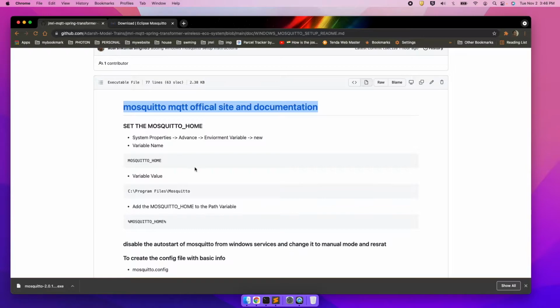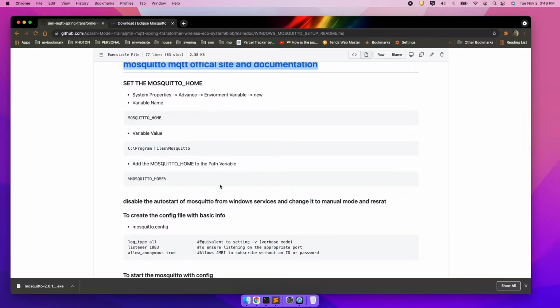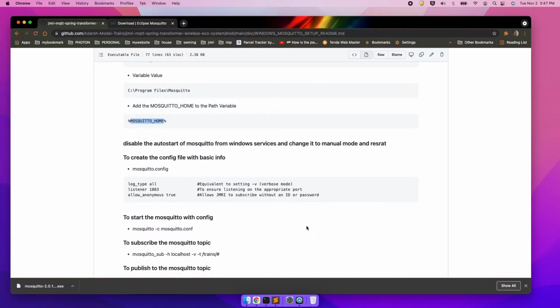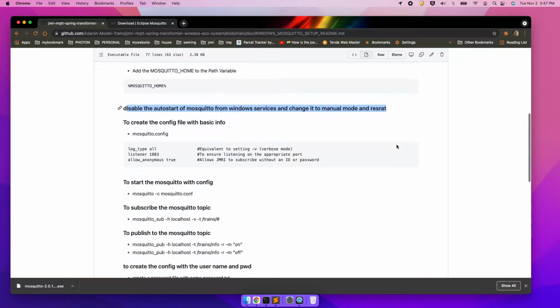And if I go here, what we have to do is the installation. It will install into C program files slash mosquitto, that's the directory. So we have to create a mosquitto home as an environment variable and then set it into the path variable so that it can be accessible anywhere in all the drives. And then we have to disable the mosquitto service by going into Windows services, and